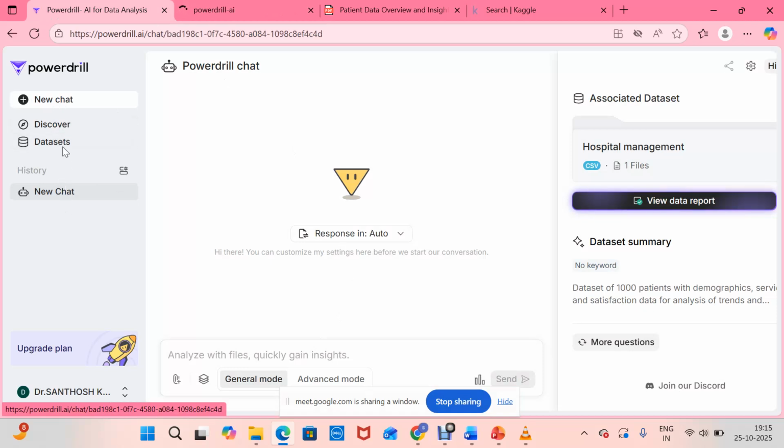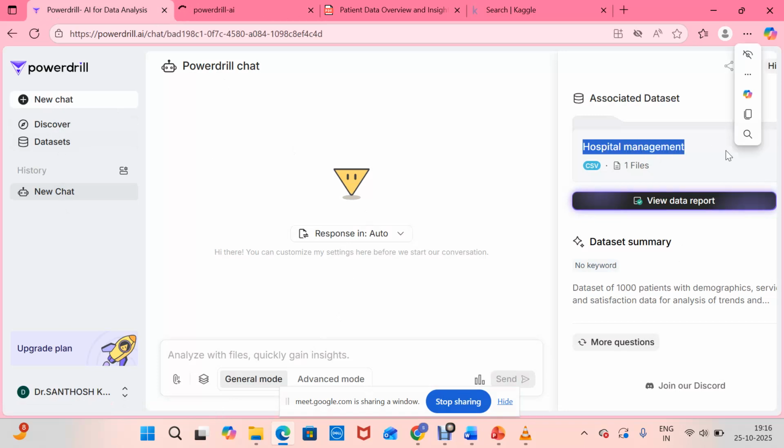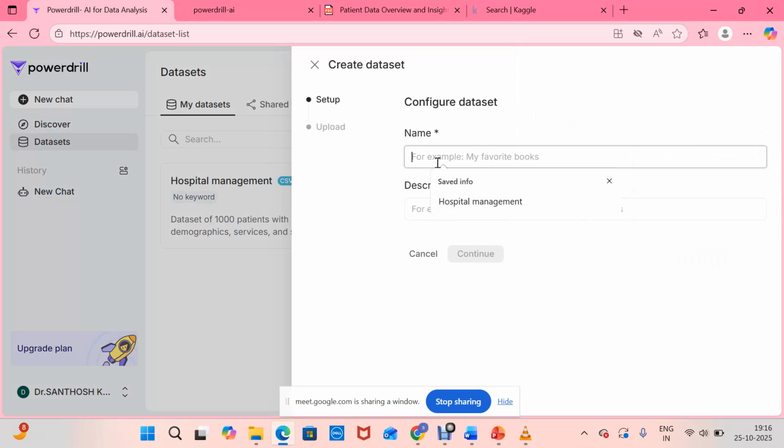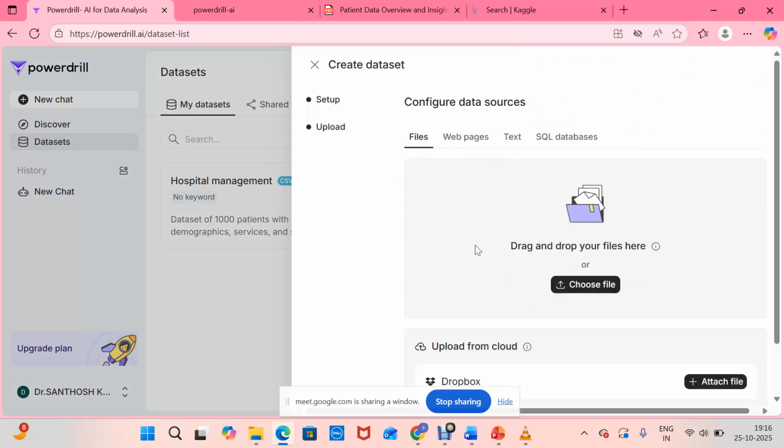Now we have given a database. What I will do, I will take one paper, any one paper, and try it out now. I will create a new dataset, some random paper. Let us try it out. I'll check if any paper is there in this.